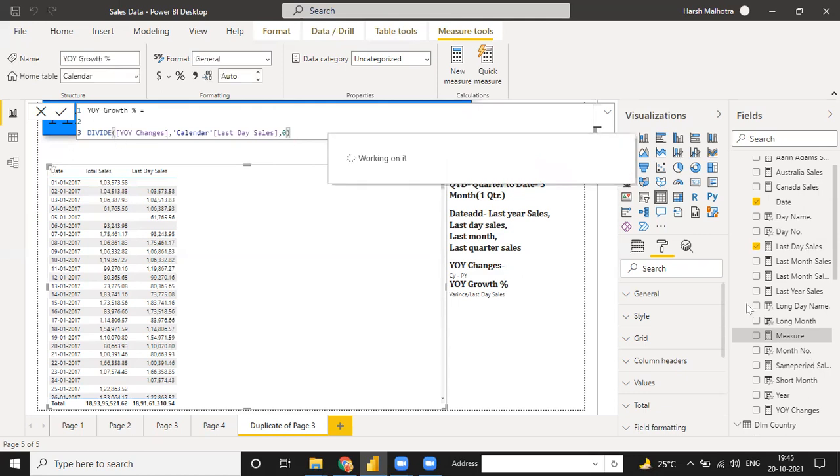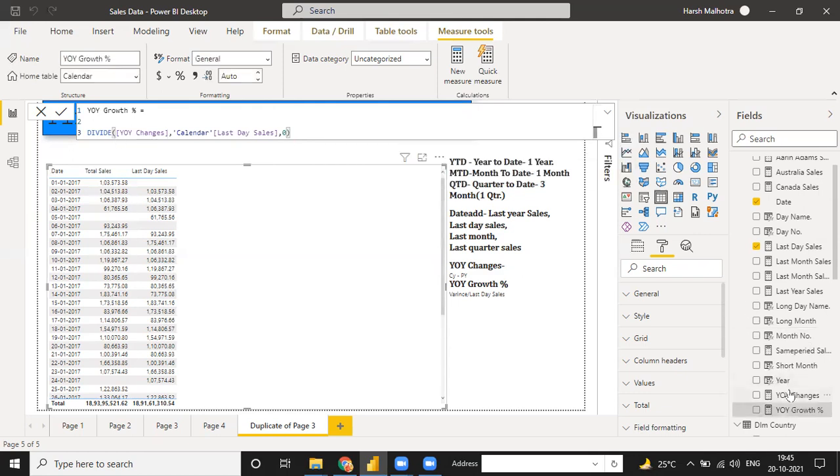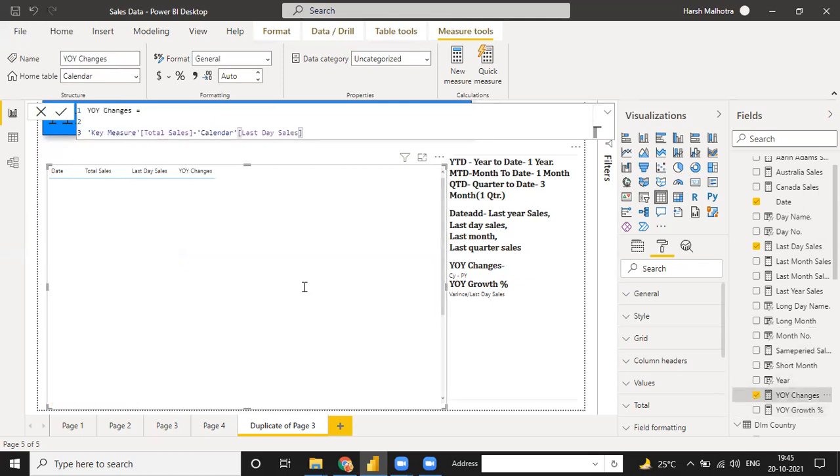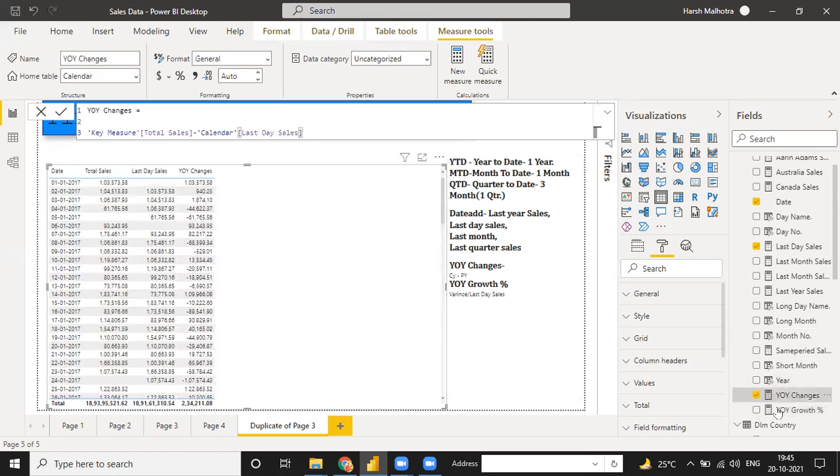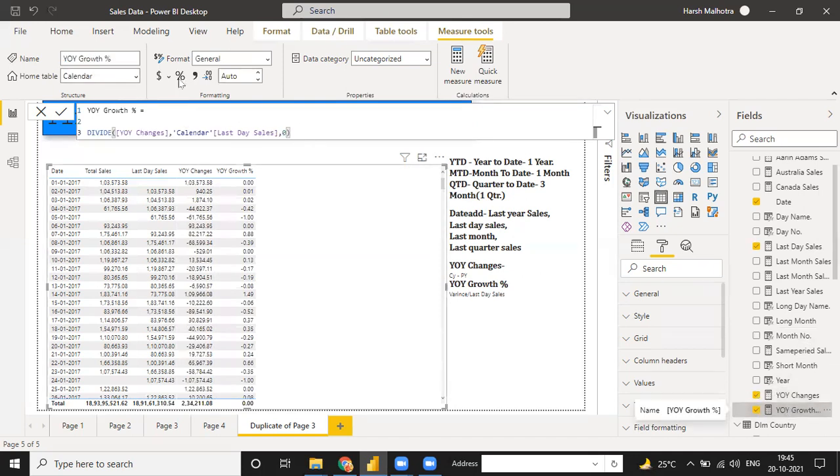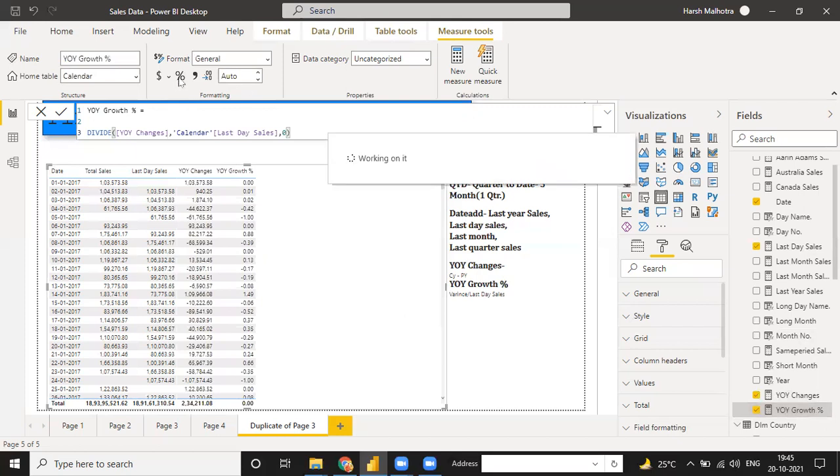And now see, divide, and right now I'm using these two functions in this table. See, there is a YOY and YOY percentage, and it will give you the 0, 0. So go to this growth percentage and use your percentage column from here. This is your percentage formatting. So when you do your percentage formatting, it will give you the answer in complete percentage.